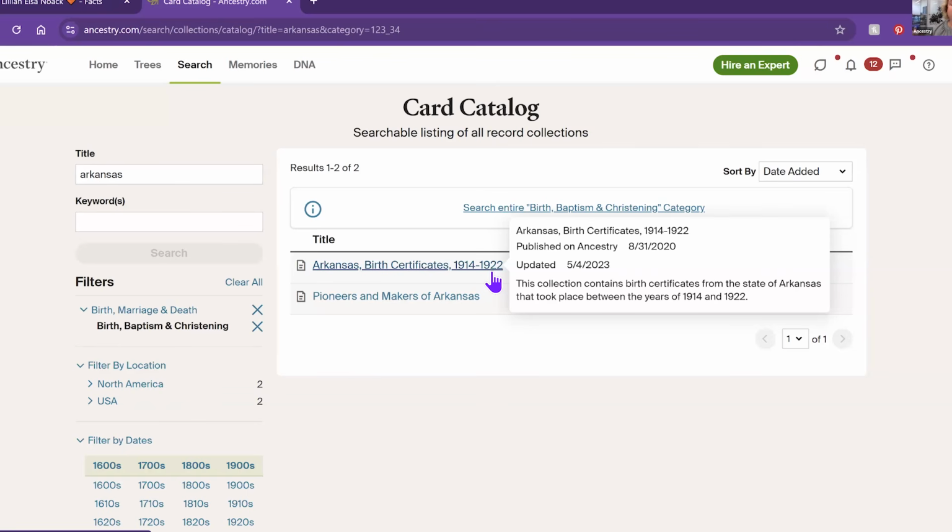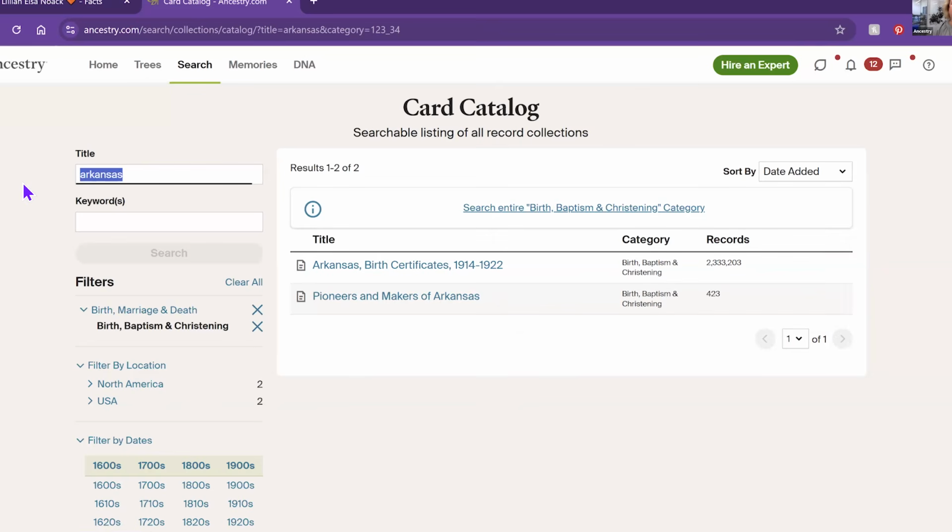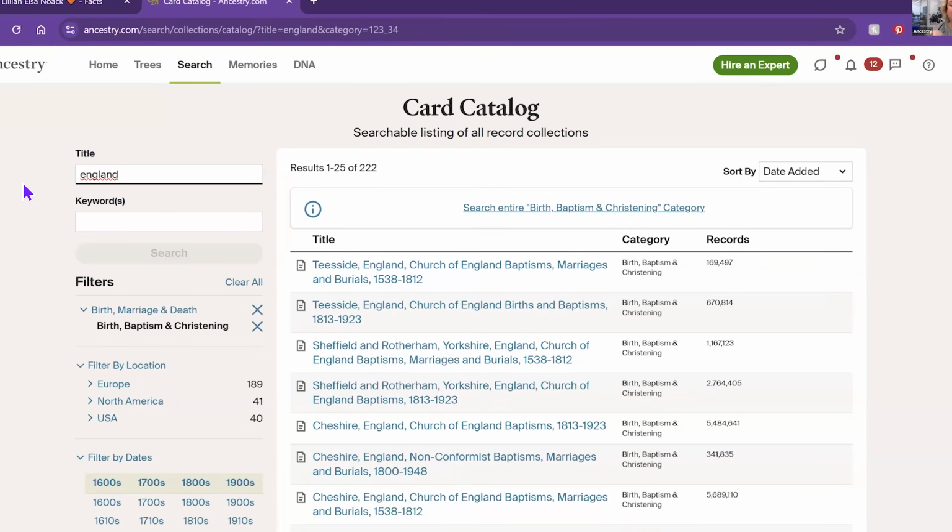And so this is my favorite thing because I don't want to waste my time, and I don't want you wasting your time looking for records that might not exist. Censuses every 10 years, birth, marriage, and death records, different for every state and every country. And you can just do this. You can just type in the name of any state or country, and Ancestry will show you exactly what we have for that location. In this case, if I type in England births, right, England, and I'm filtered to births,